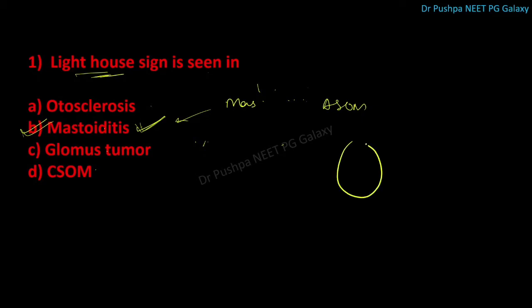The tympanic membrane has these parts. This is the tympanic membrane. This is the anterior malleolar fold. This is the posterior malleolar fold. This is the handle of malleolus. This is the umbo. This is the pars flaccida. This is the pars tensa. These are the parts of the tympanic membrane. So this quadrant is the inferior segment. In this we will find the cone of light.